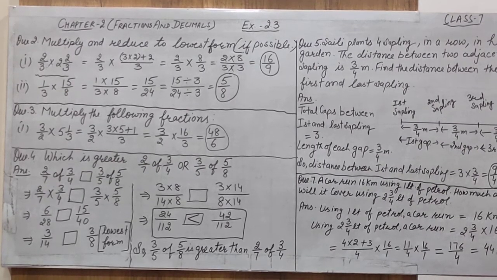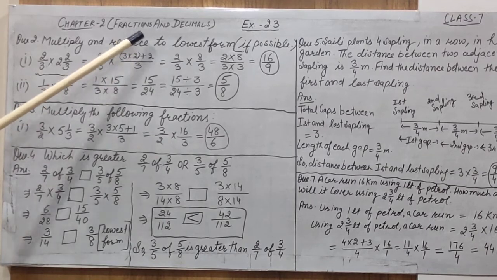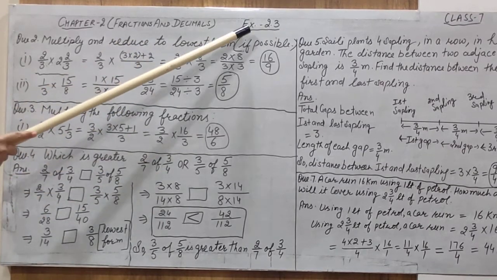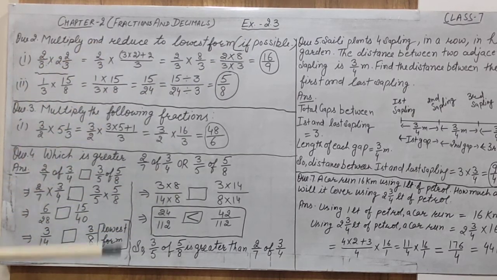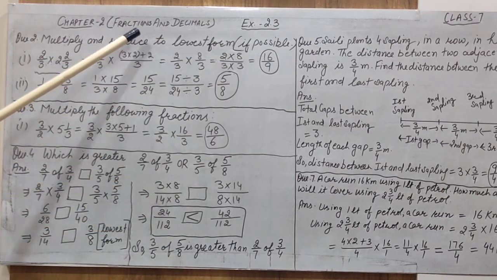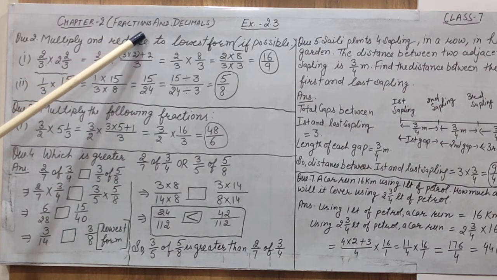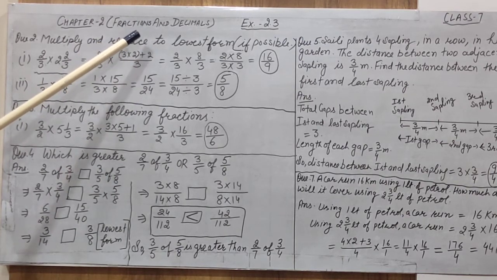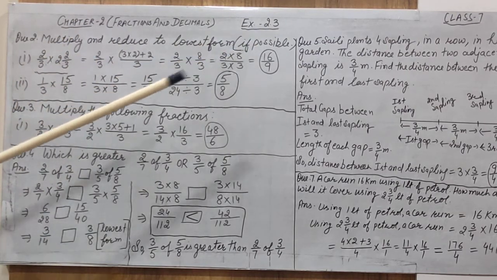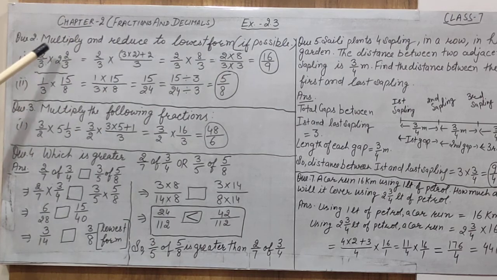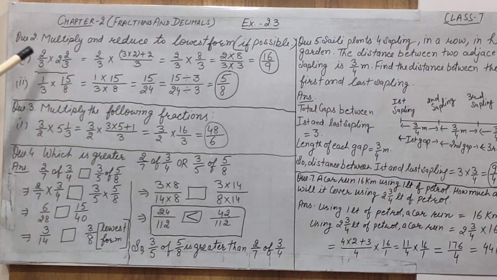Hello students, I thought you very well understand the multiplication of the fractions and the exercise related 2.1 and 2.2 based on the addition, subtraction and multiplication of the fractions. The multiplication of fractions with the whole number, the multiplication of fractions with the fractions. Okay, next we have to understand the exercise 2.3. This exercise is also based upon the multiplication of fractional number with the fractional number. Let us start few questions related to multiplication of the fractions.